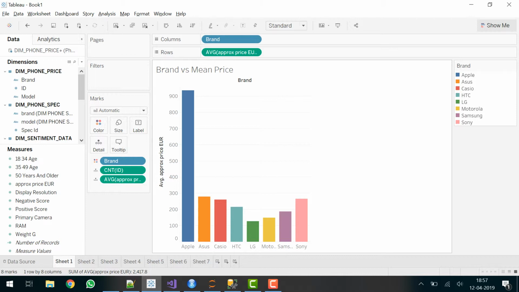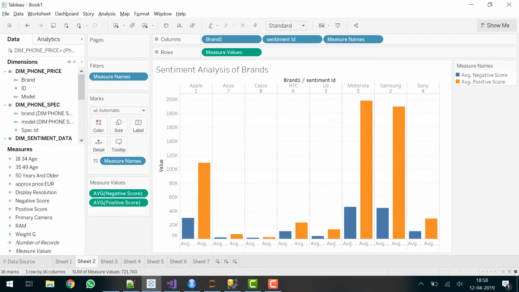So in this we can clearly see that Apple has an average price of approximately 935.1 euros, and the Apple brand has got more sales. In my second query,